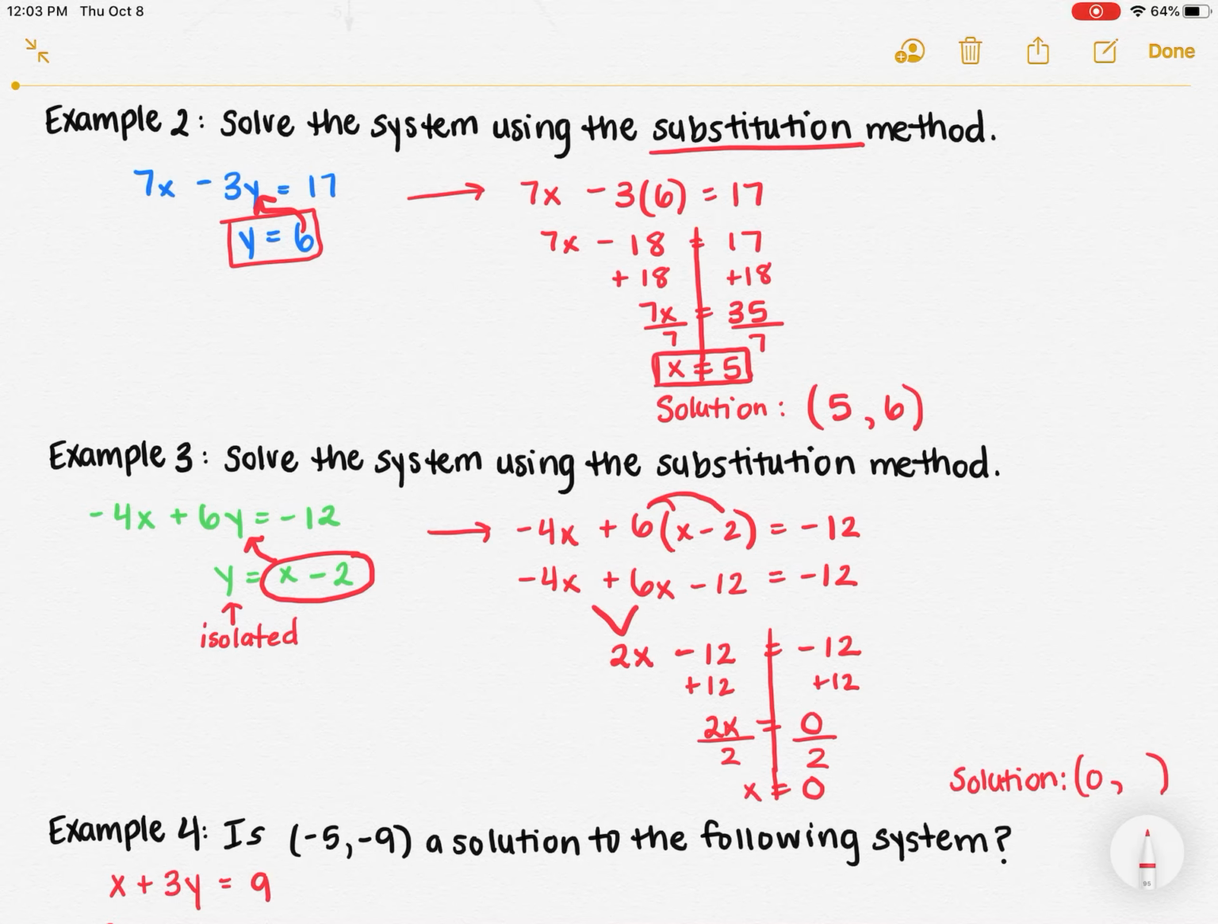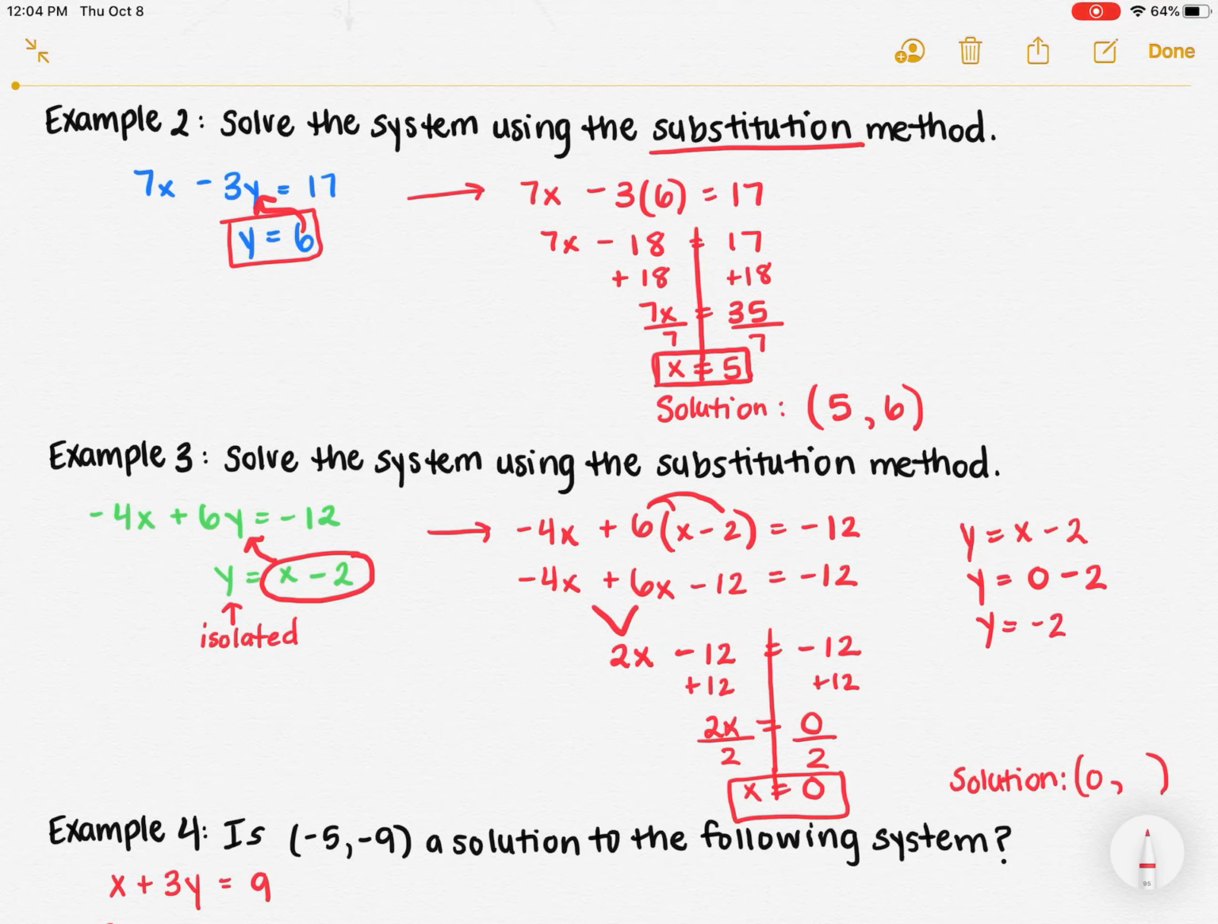Well, the great thing is my second equation already has y by itself, and now I have a value for x that I can plug in. So I'm going to take my second equation, y equals x minus 2, and I'm just going to take that x equals 0 and substitute it into that equation because that's going to allow me to get my solution for y. So then I have y equals, substitute in the 0 for x, and 0 minus 2 gives me negative